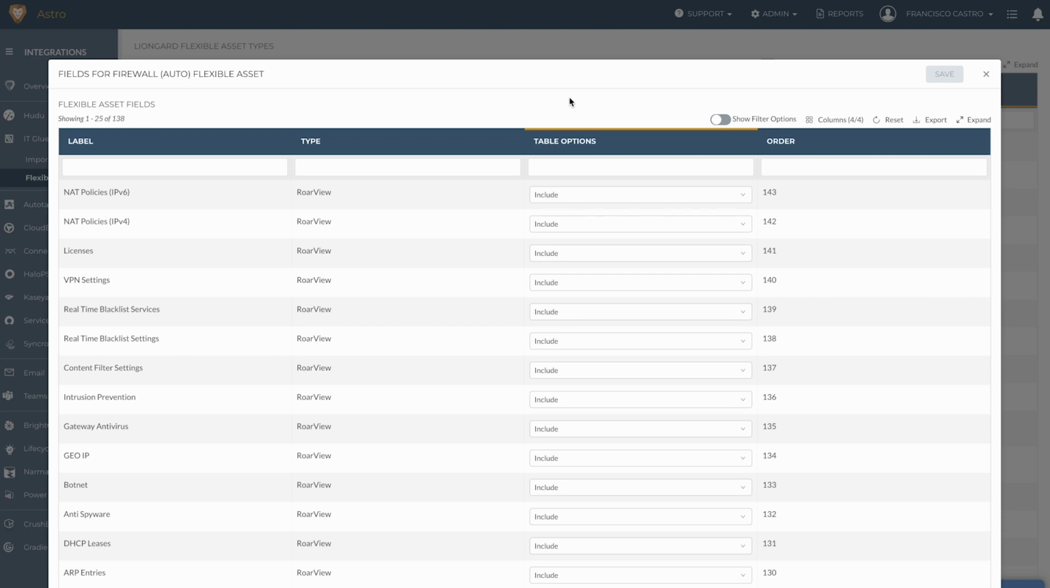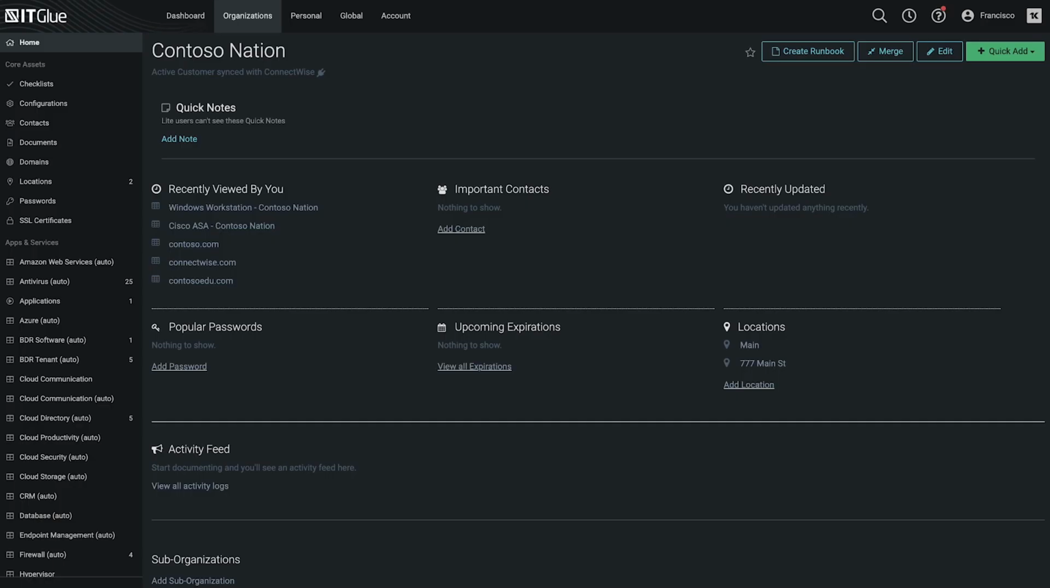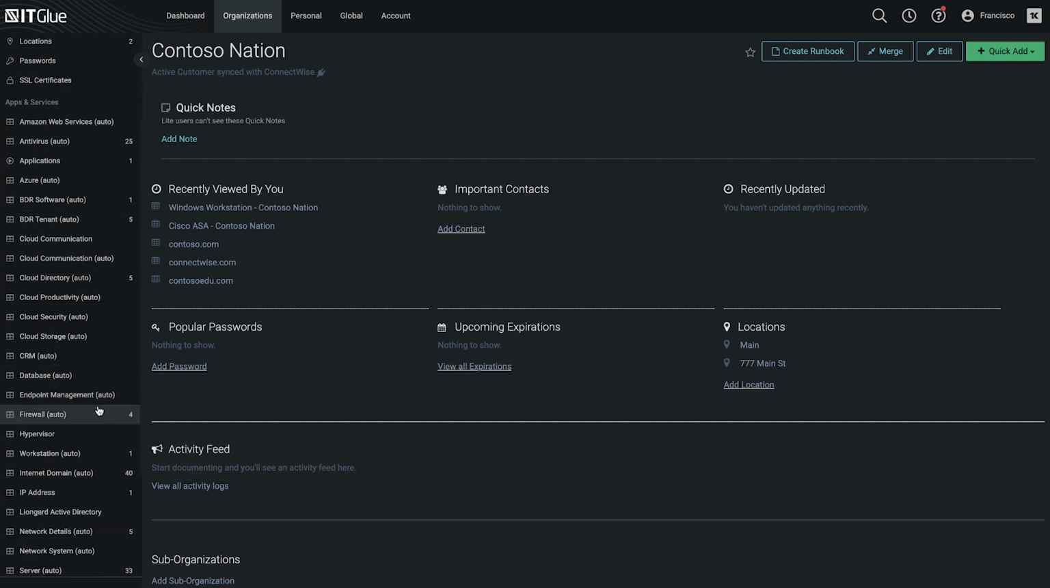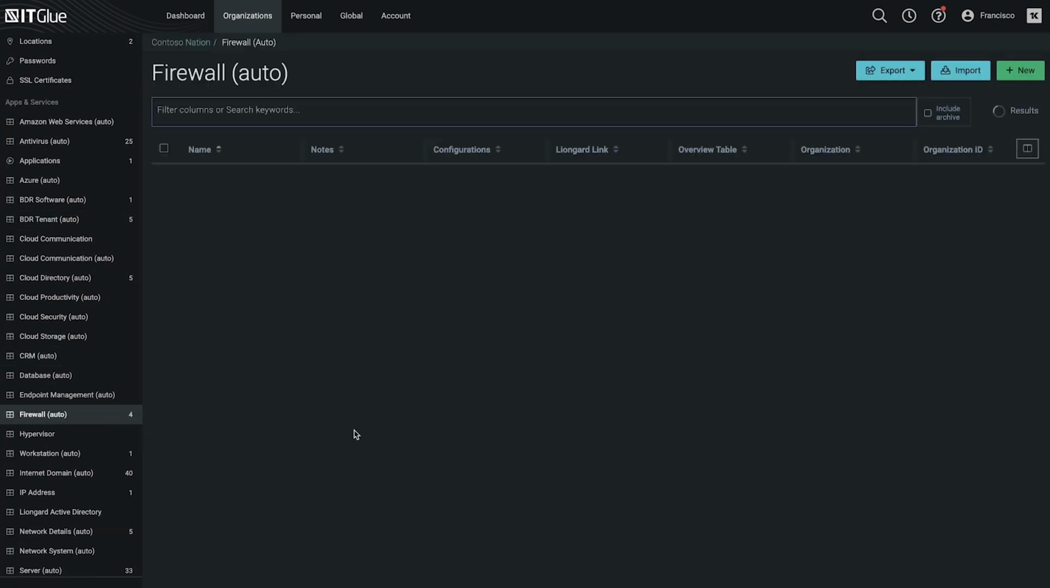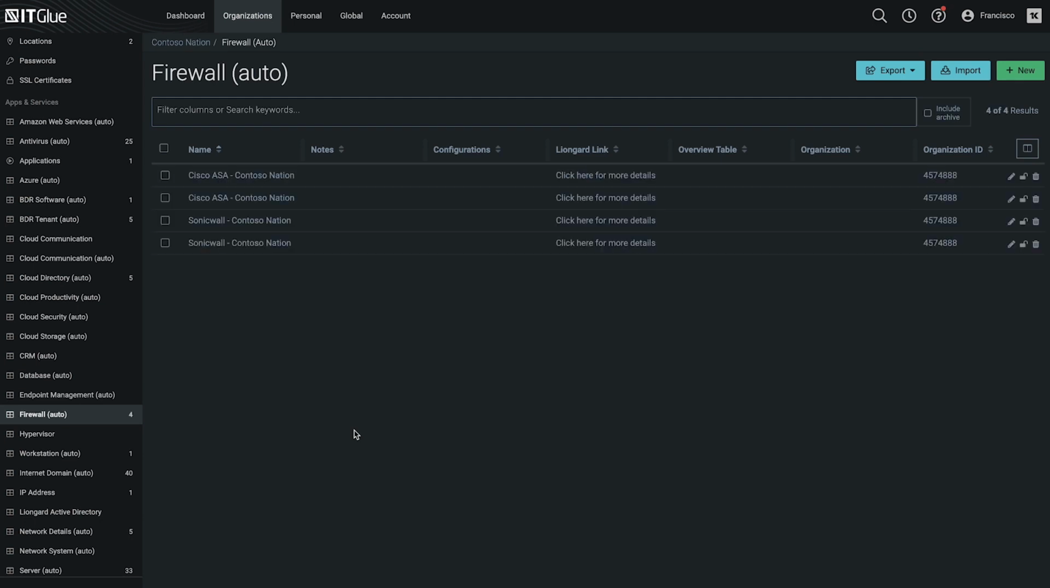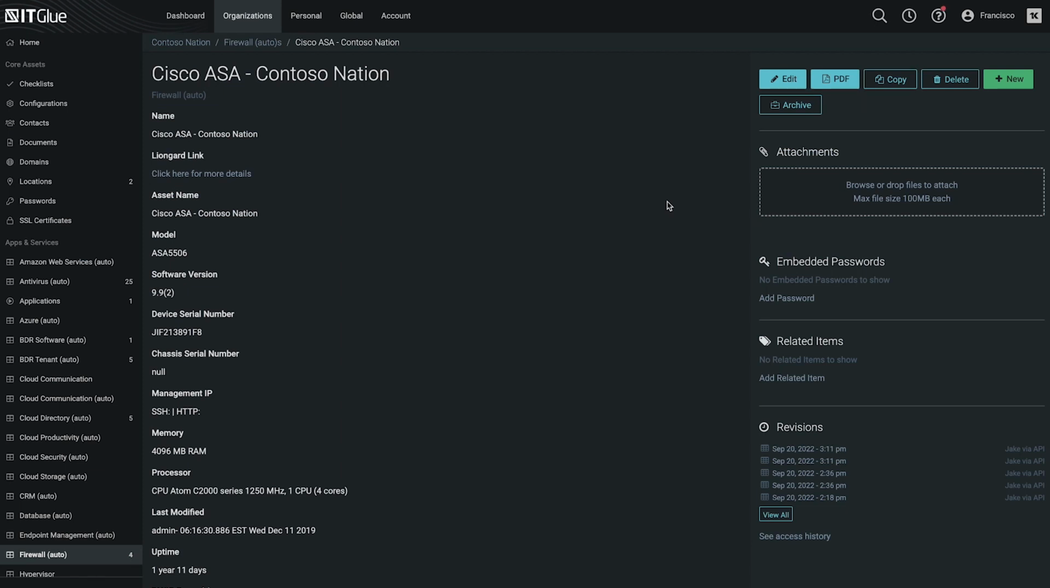So let's jump over to the Contoso Nation organization in IT Glue. Here, we're going to find the same flexible assets that were listed in the Liongard IT Glue integration page. And if I scroll down, I will find the firewall flexible asset type that we were just observing. I am going to click on the Cisco ASA Contoso Nation system. And here I have access to the specific data that I configured to appear here in IT Glue from Liongard's